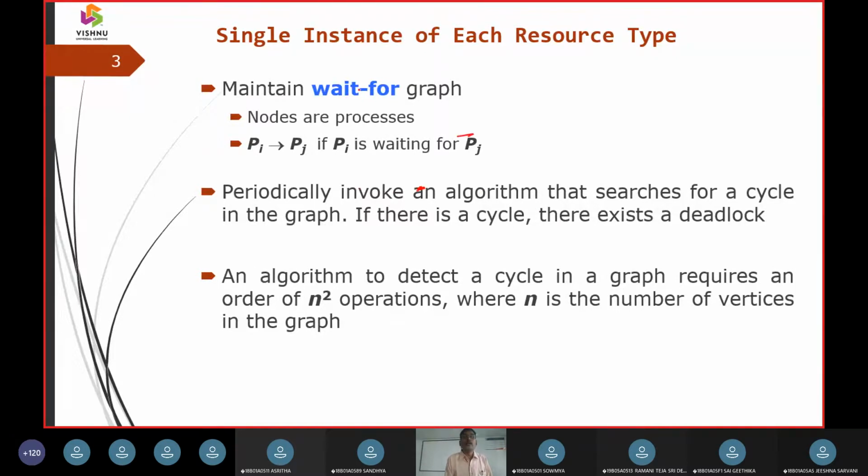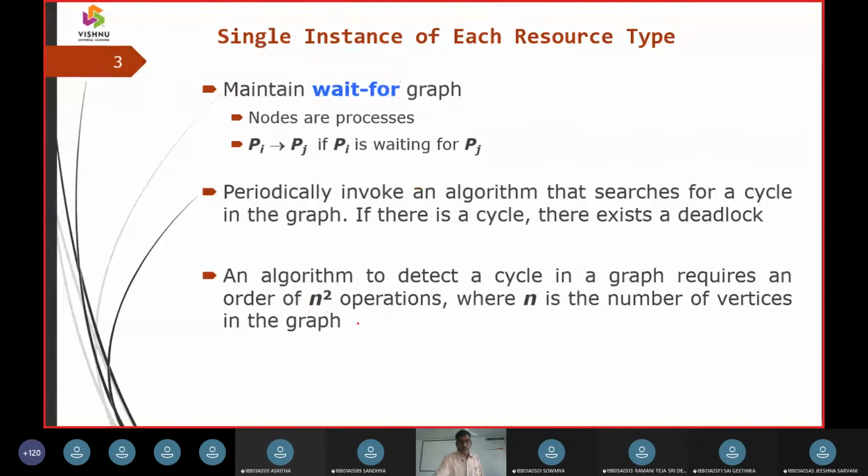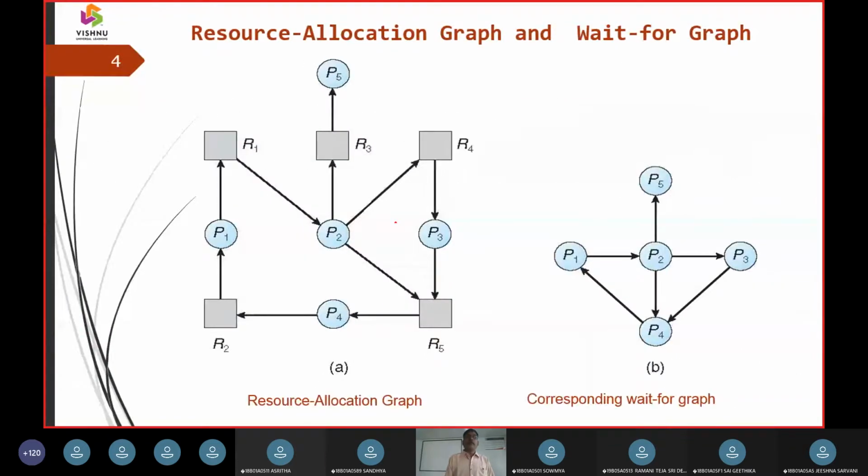One we are going to call single instances, another multiple instances, and they are going to be represented with a wait for graph. We are going to have the time complexity, and the time complexity was order of n square. So that is how the derivation is going to be taken up.